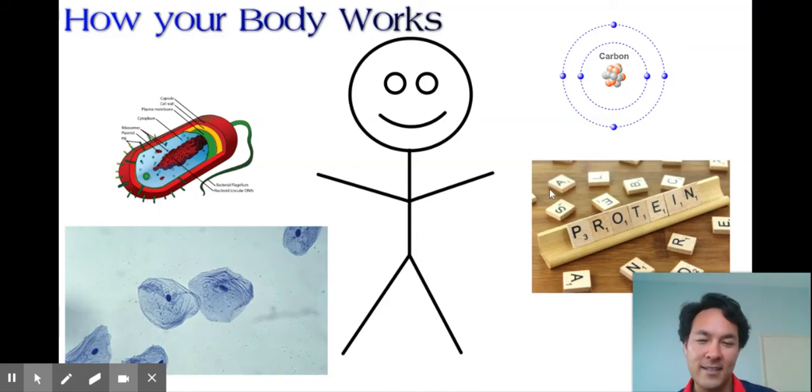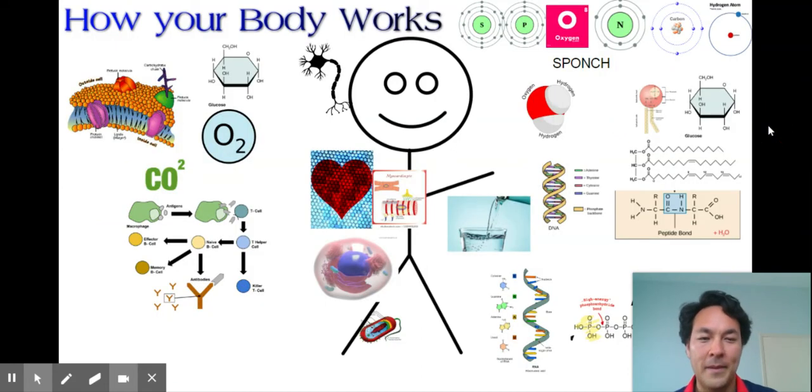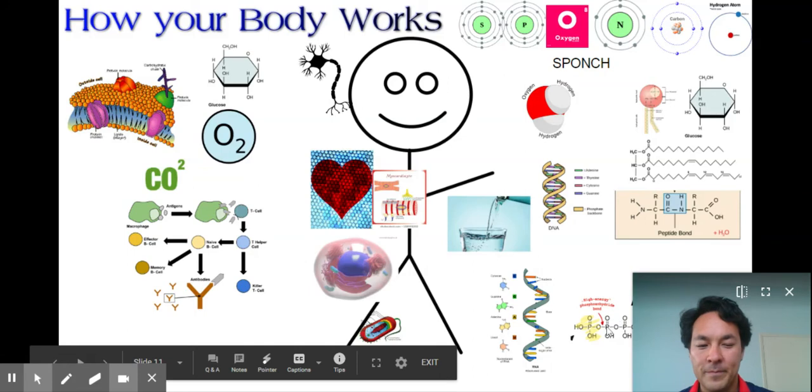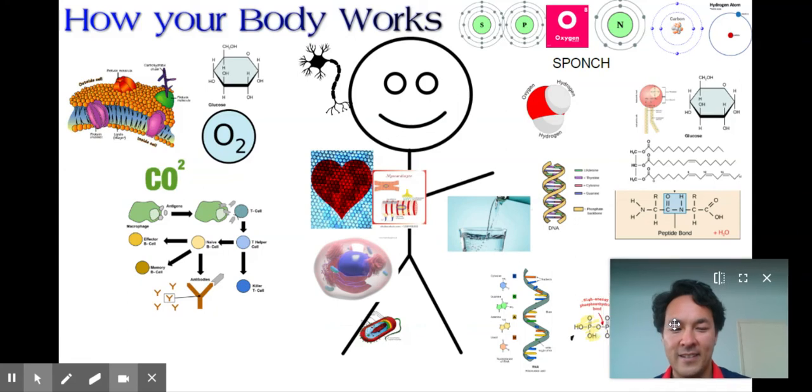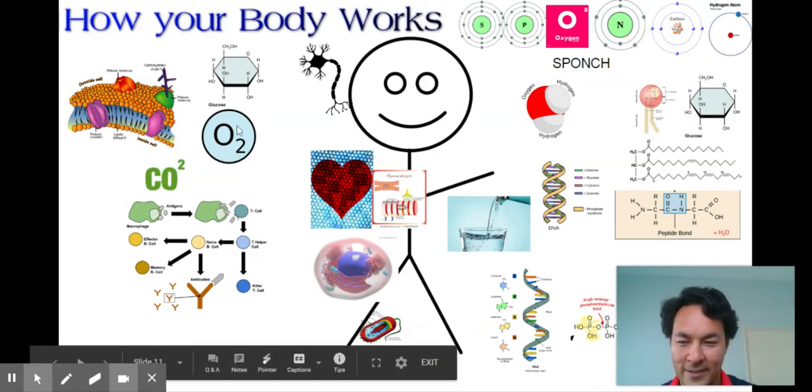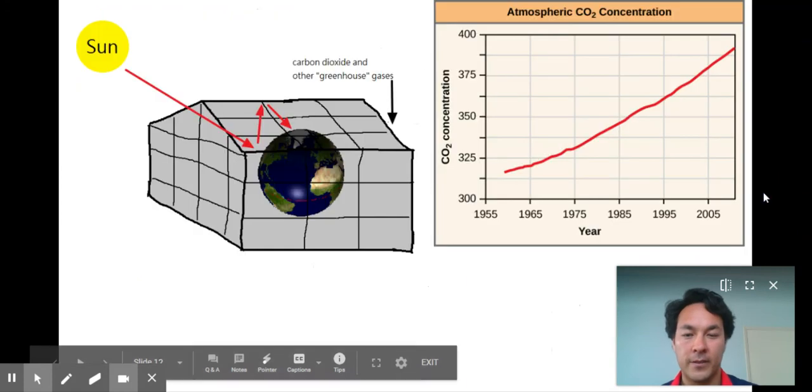And just like this is a simplification of how your body works, it can be more in depth, right? And so this just shows more in-depth pictures of the elements of life: sulfur, phosphorus, oxygen, nitrogen, carbon, and hydrogen, and then some of the molecules that they can make up, like carbohydrates, lipids, proteins, and phospholipids, water, DNA. My face is covering up energy or ATP. And then just here's some specialized cells and things that cells do, right? They get in oxygen and they get rid of carbon dioxide. Then they have functions, right? And so here's an example of a cell making an antibody to fight off something, maybe something like the coronavirus.